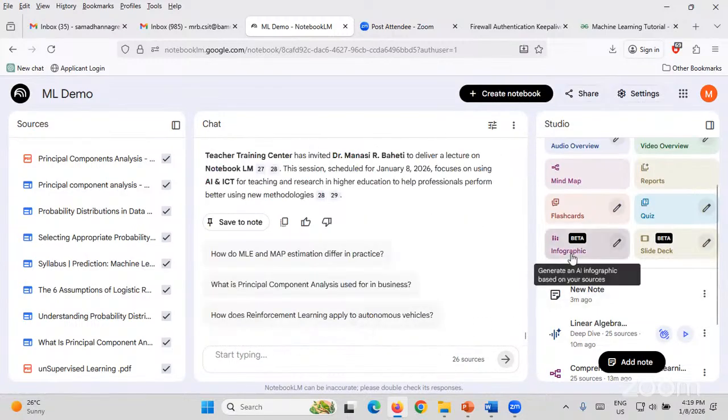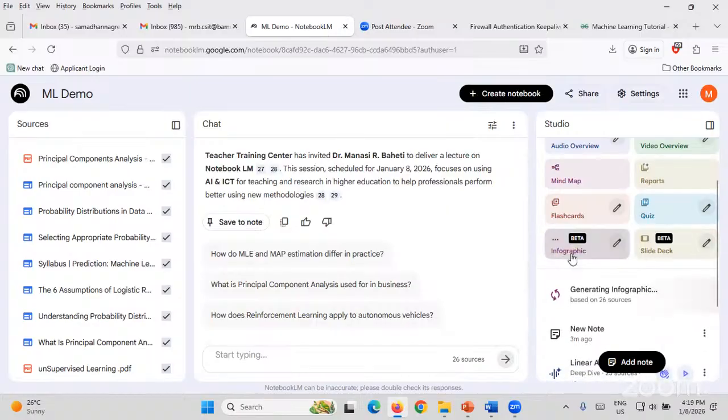Okay, suppose I click on the infographic. If you want a good image, I can click on the infographic here. So it will generate infographic based upon our resources, and it will give us a very interesting, and you will see, it will generate very attractive images out of this infographic. Using, you can add the images or you can create the images also, like using audio overview. We have